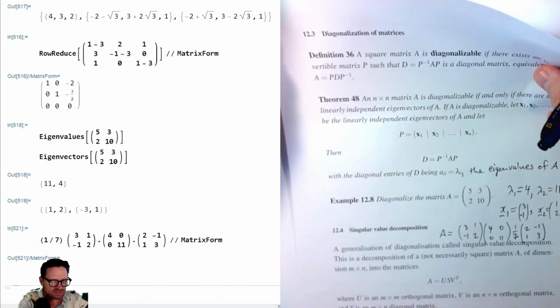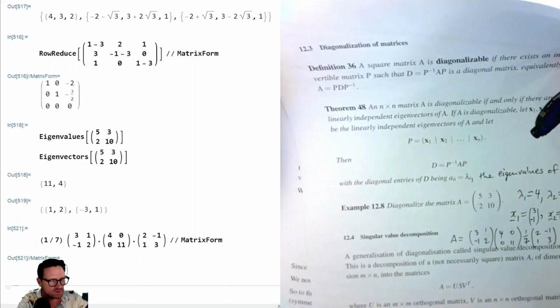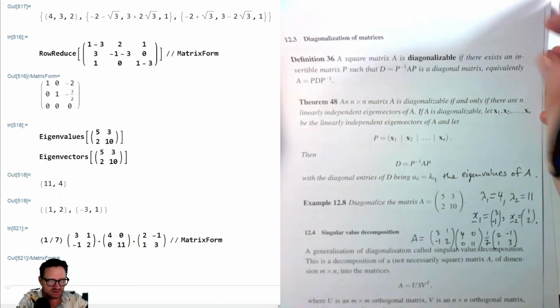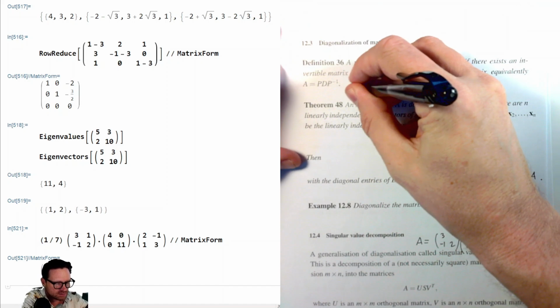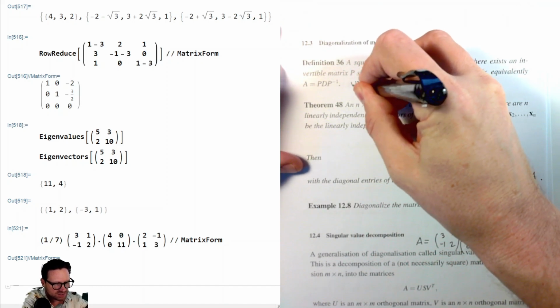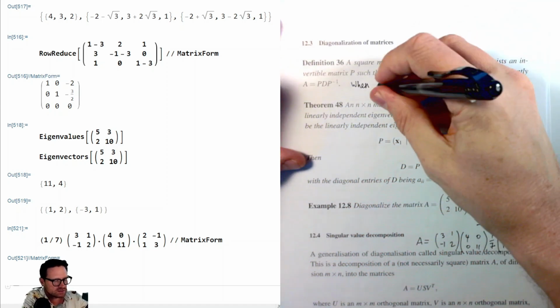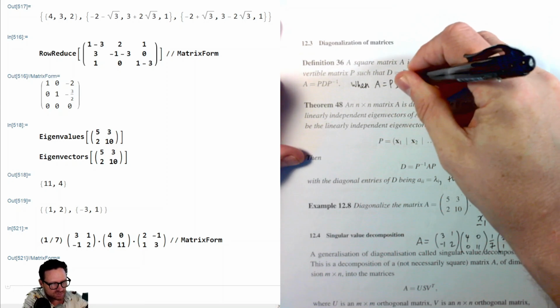Okay, I need to include a couple more pages here, or actually, you know what? We can write this under the definition. There's a bit of space here. So let's say, because this is the application of this diagonalization, or at least one of the applications of this, when we have A equal to P D P inverse,